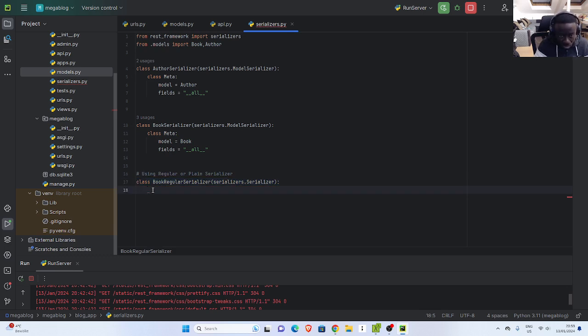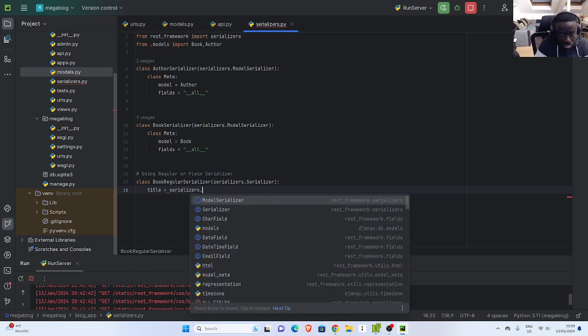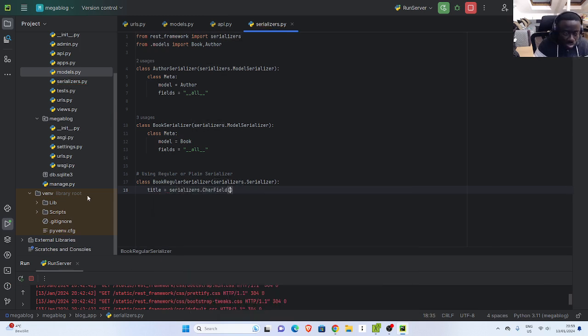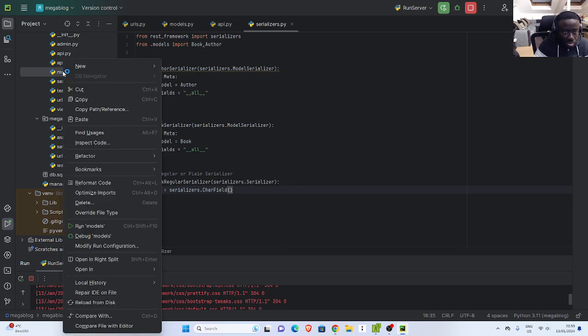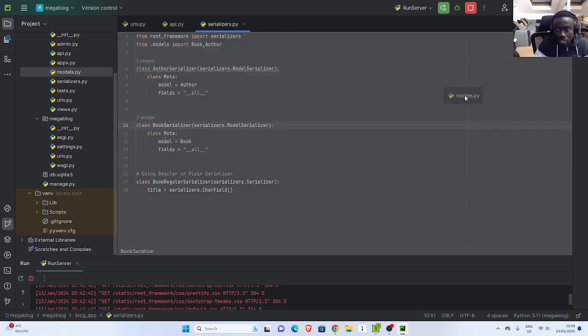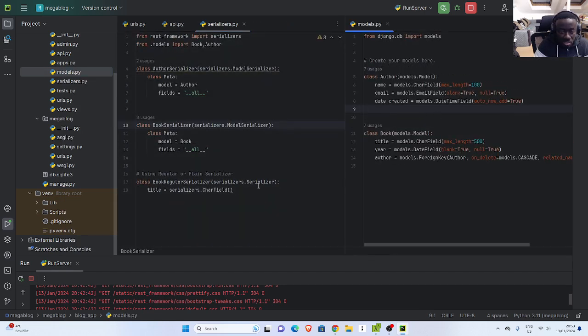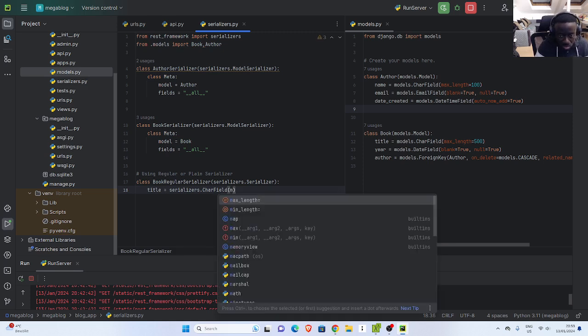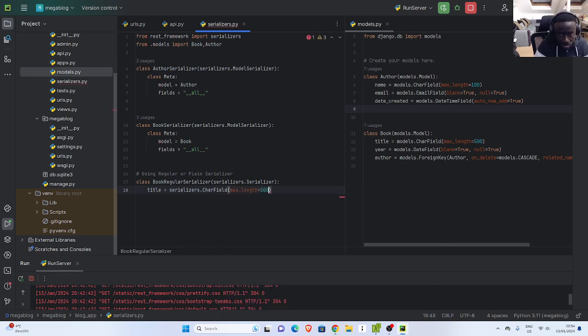So we want to first of all serialize the title. It's going to be serializers.CharField, and you should always match your model to your serializer, right? So it's going to be serializers.CharField because our title was a character field, and then you can specify, say, null equal to true or any of the parameters that you want, right? Maximum length, or let's say 500, right? Perfect. You can also specify that this is required,